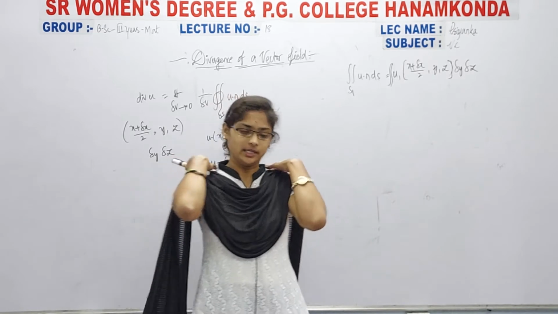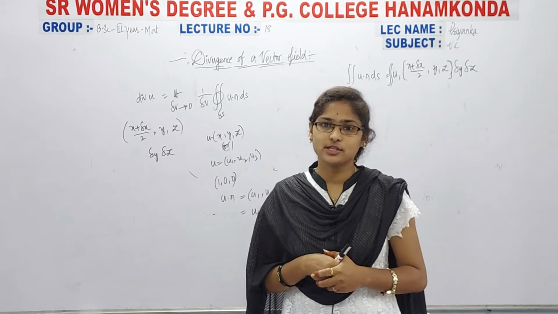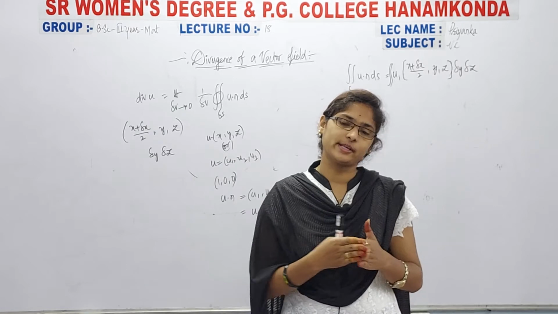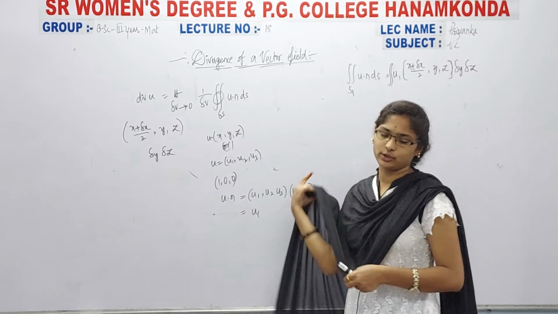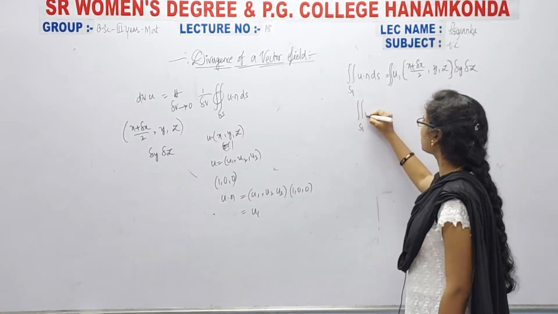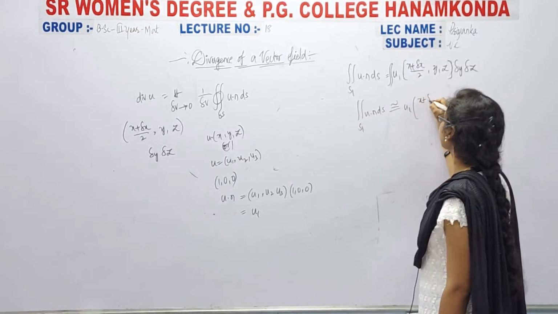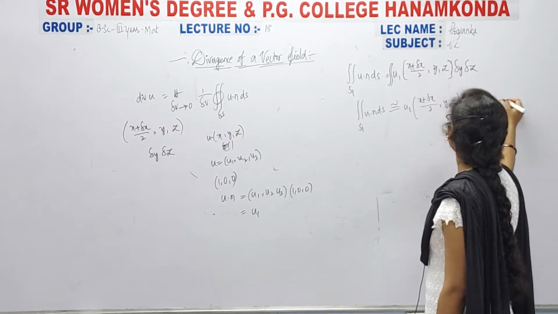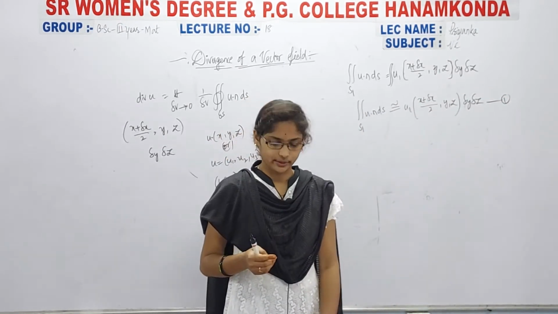Now, in the previous class we were calculating the formula for the divergence of u. Here we took a rectangular box, with one surface S1 and another surface S2. I calculated the double integral of u over S1, and we can write double integral over S1 of u dot n dS is approximately equal to u1 of x plus delta x by 2 comma y comma z times delta y delta z. Take it as equation number 1. Next, write down similarly